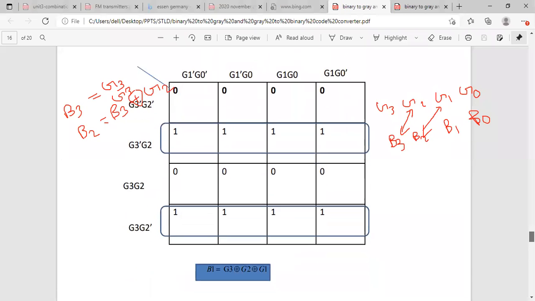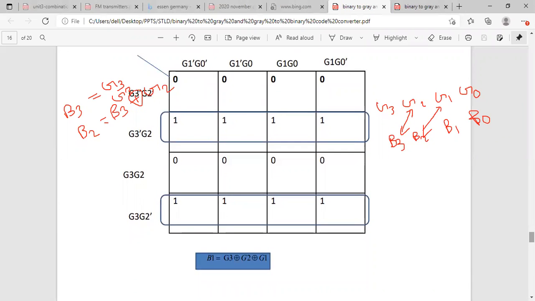So what is B1 here? B1 is B2 XOR G1. What is B2? B3 XOR G2. And B3 is G3. Substituting, we get B1 as G3 XOR G2 XOR G1.